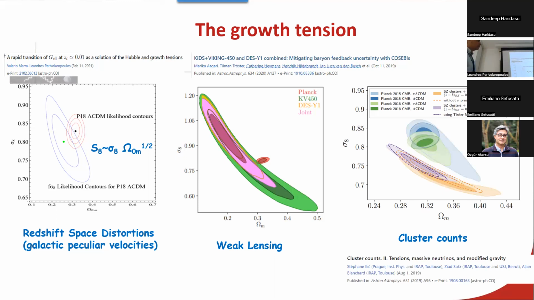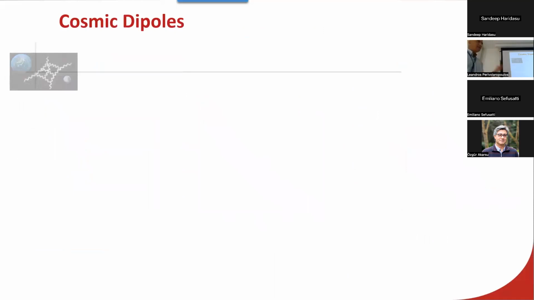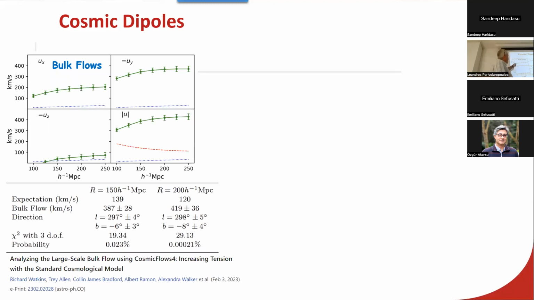It's not something inherent. And so, the third class of tensions is the so-called cosmic dipoles. Not only do we have problems with the dynamics in the context of the cosmological principle, but we also found very big deviations on very large scales, which are inconsistent with what this model would predict. One example is the bulk flows. People try to measure, in various surveys using redshift measurements and their deviations from the Hubble flow, the mean velocities in various volumes. Let's say we take a 300 megaparsec volume and we measure the mean velocity in the context of various surveys. We found that these bulk flows